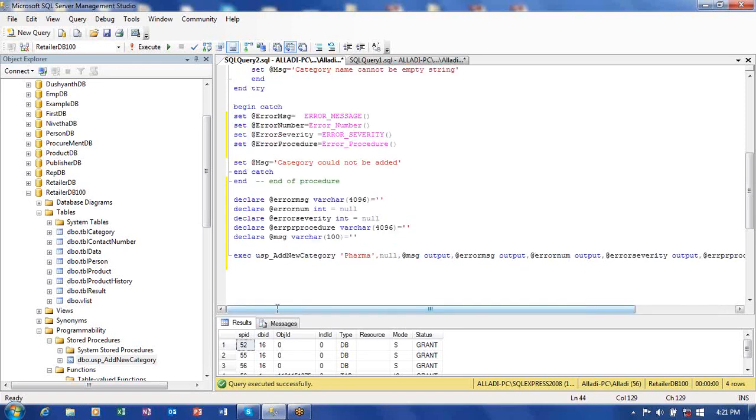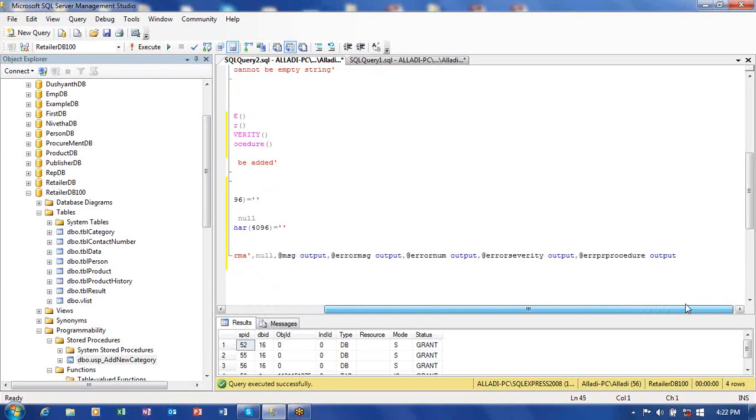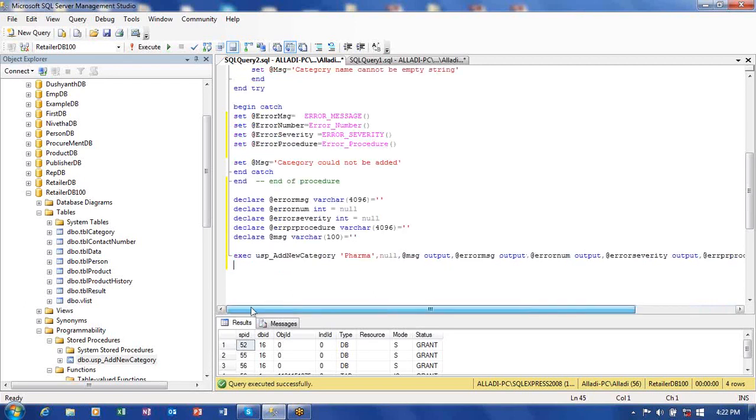So here again we are writing an anonymous code block. In that code block we are executing the procedure. Okay. So when there are no errors, what happens? Everything works fine. Therefore you need to check here. If error number not equal to null, write here @error num, otherwise write like this. If @error num equal to null, so what we write, we start begin, then we go with end, display